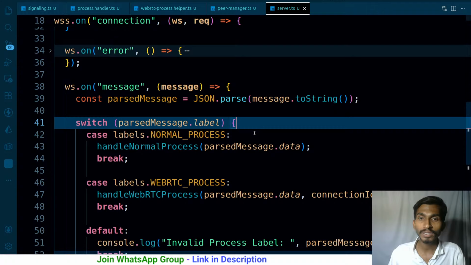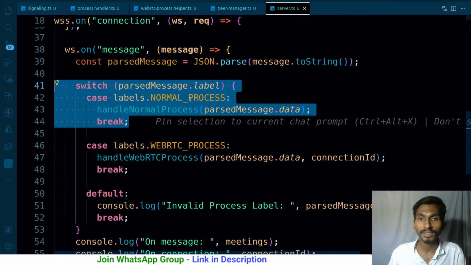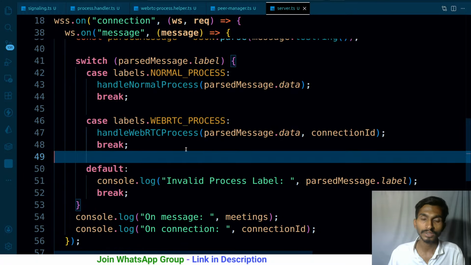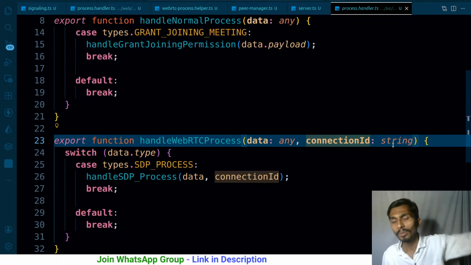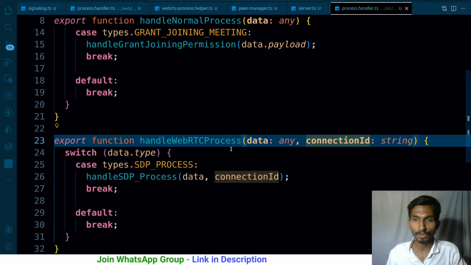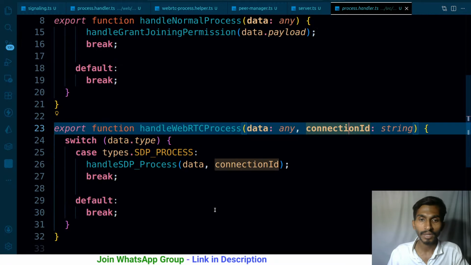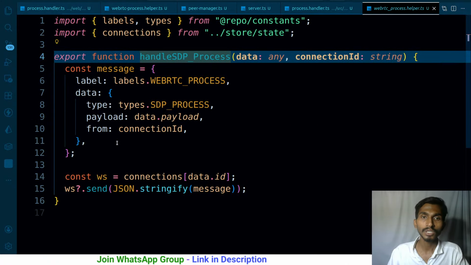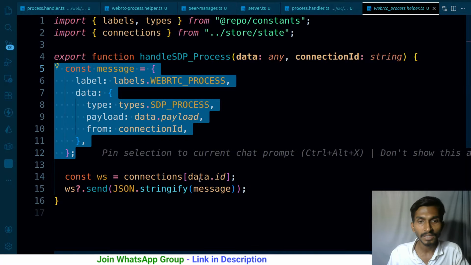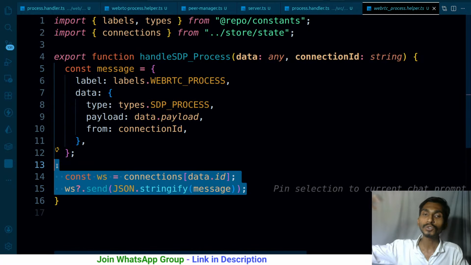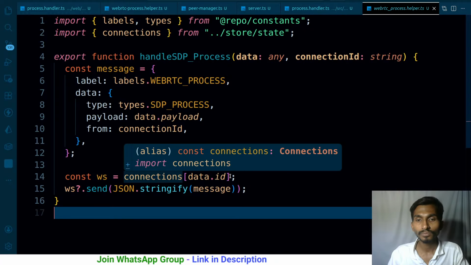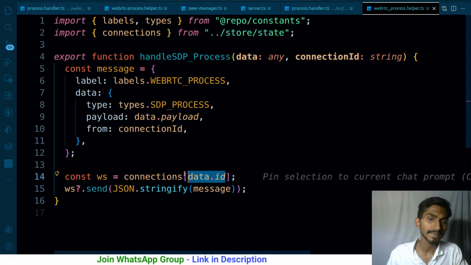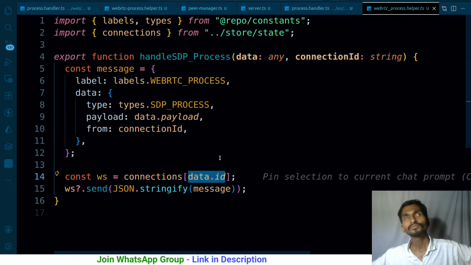Yes, once you get the message, you will check the label whether that is the normal process or the WebRTC process. This is the WebRTC process. You will go here, inside that again you will get the connection ID, because you will be telling from which particular user this is actually coming. So once you have the connection ID, you are handling the SDP process. Once you have that, you are simply creating the message and forwarding it to the other user. To whom? To the user whose ID you are getting inside the data,